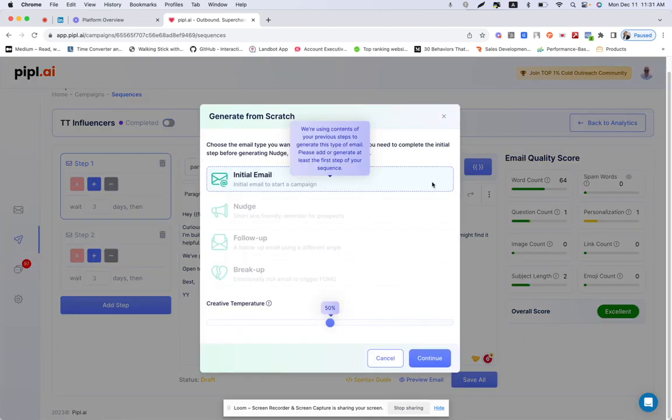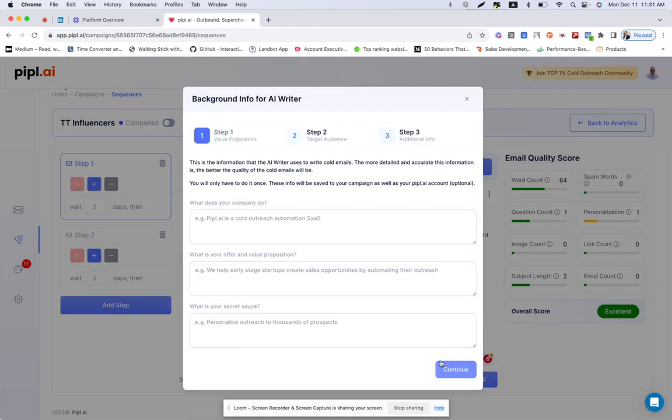So I choose to generate an email from scratch, and in order to do that, we need to design our initial email. After we design our initial email with the help of AI, you would be able to create the whole scale of outbound campaign using nudges, follow-ups, and breakup emails, all done in a matter of seconds using our custom AI model. So let's just pick initial email for now and take us